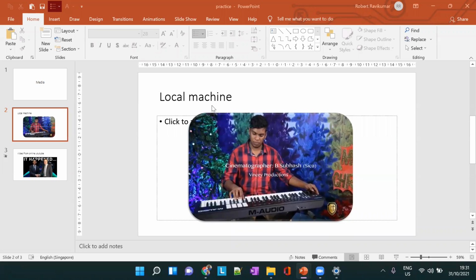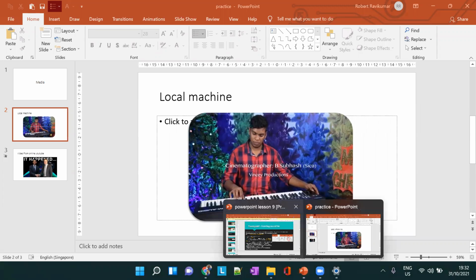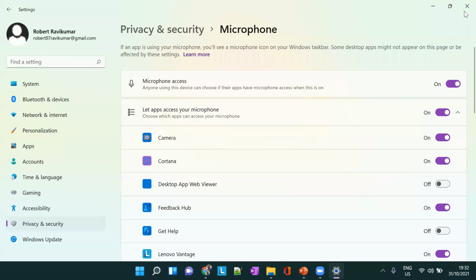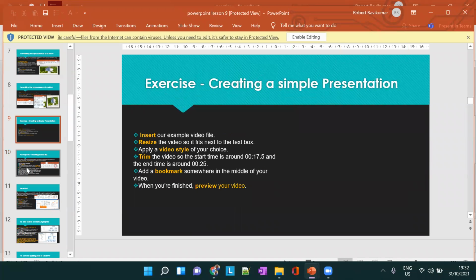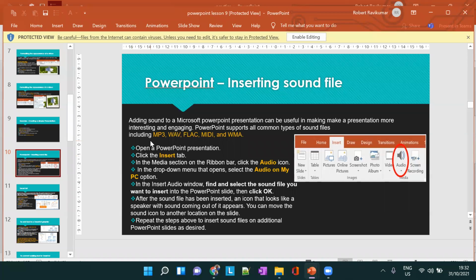So now we're going to learn about the other stuff. So now we are going to see how to insert a sound file.